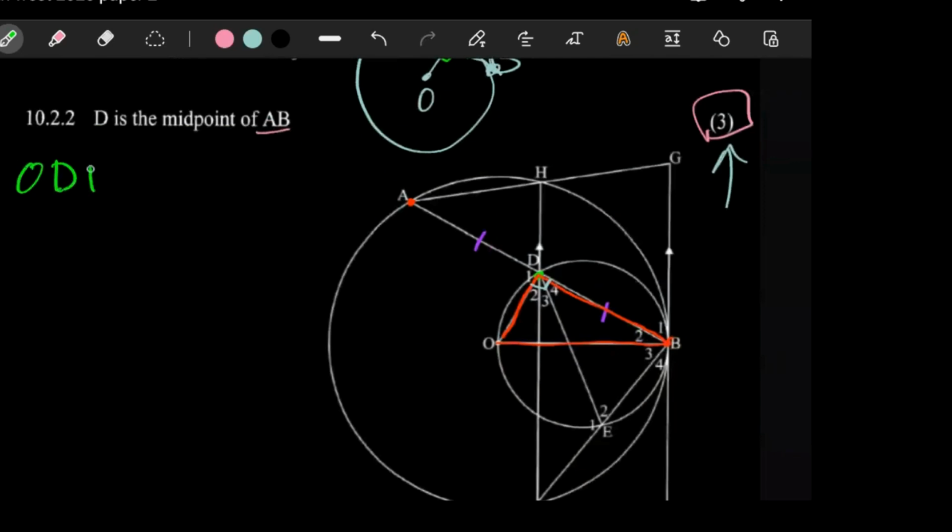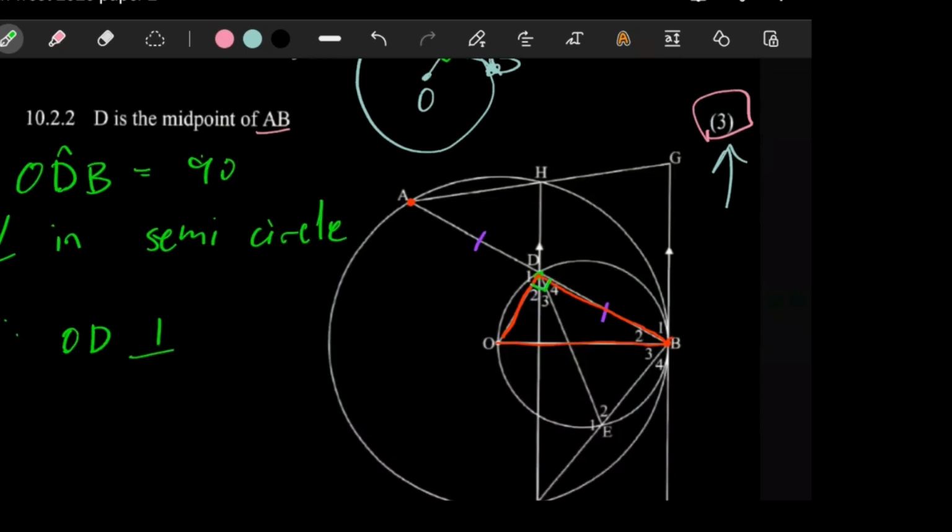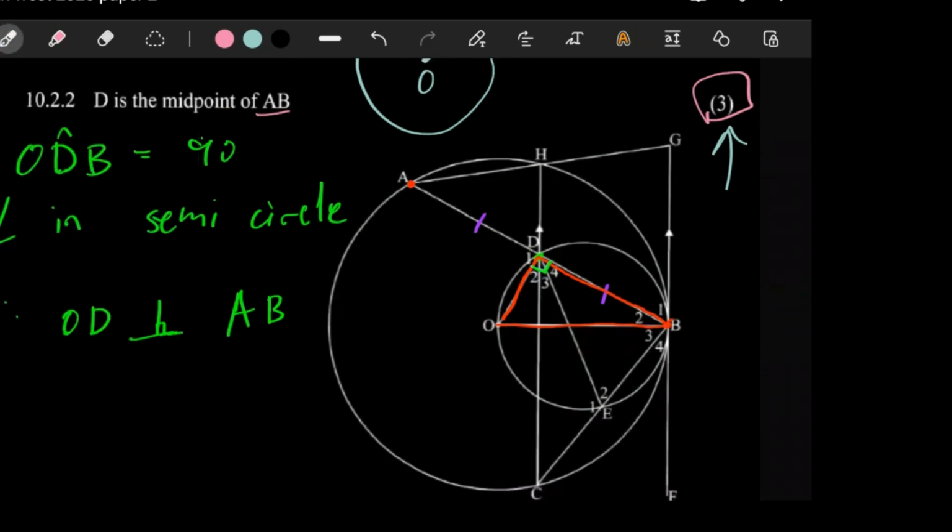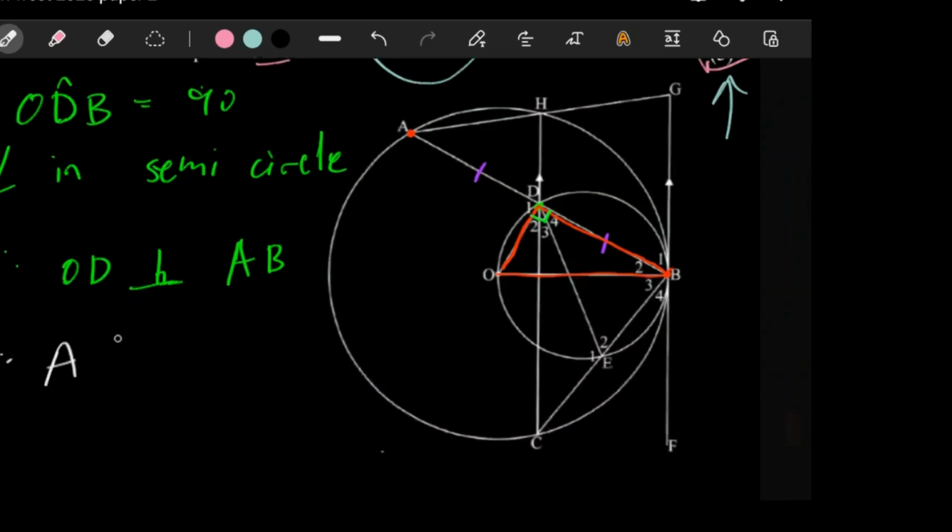ODB is equal to 90 degrees. The reason is angle in semicircle. So since this is an angle in a semicircle and we showed that it's 90 degrees, we can then say, therefore, OD is perpendicular to AB. It's more of a conclusion. So as long as we've said that OD is perpendicular to AB, we can then say, therefore, AD is equal to DB. The reason is line from center